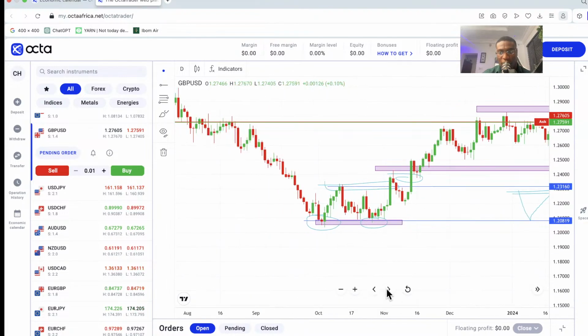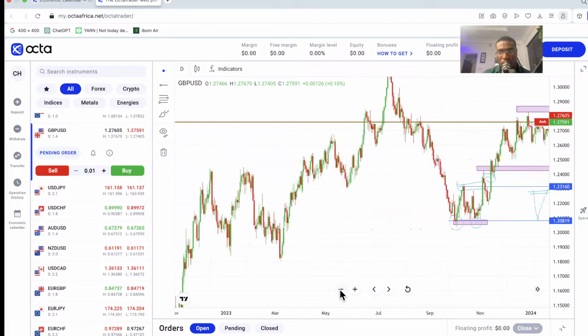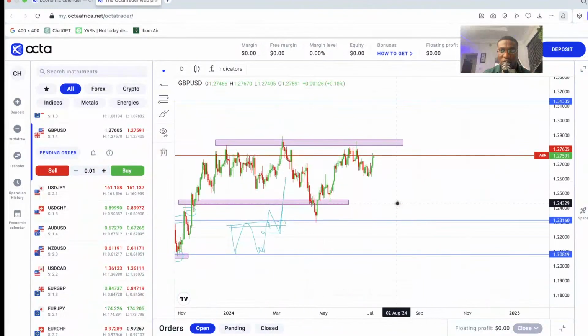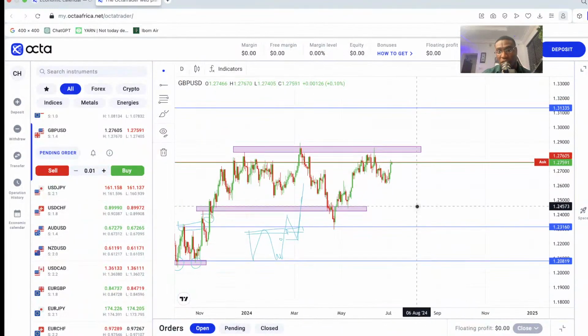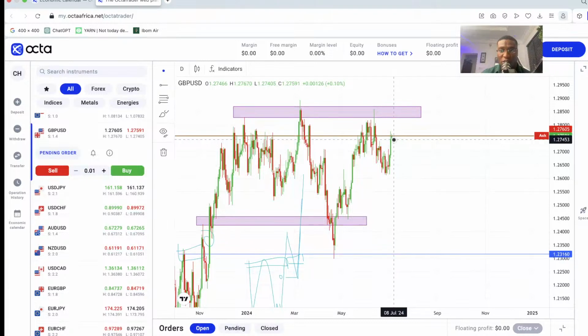Okay, so I'm just going to fast forward to most recent price action, so I show you guys what to look out for on the GBPUSD market. Now, like I said, the dollar is weak. We're seeing that we're currently sitting at a key level on the dollar, which is why we're getting a bit of slowed momentum here on GBPUSD. But clearly, we're seeing that the market is headed to make another retest.